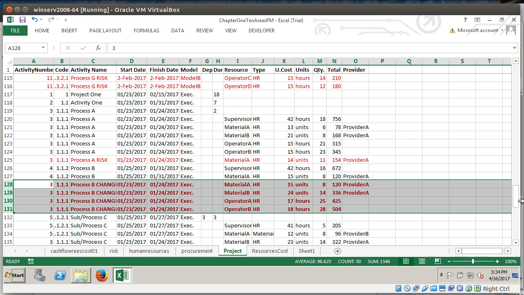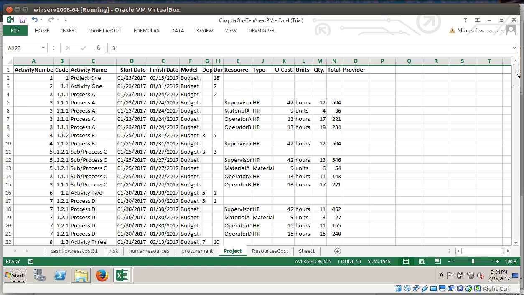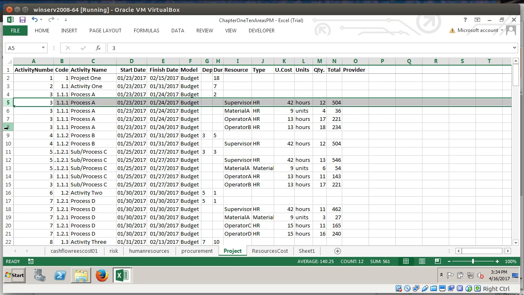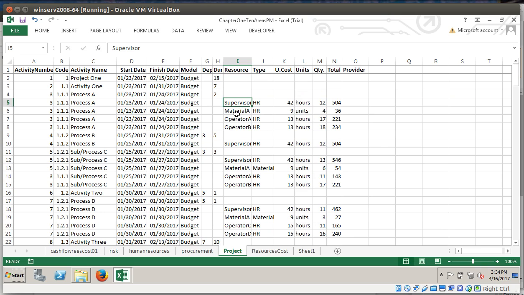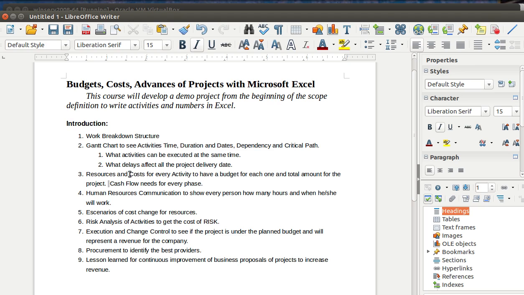right down on Excel. So we have the activities here and how it will be defined on every activity, what resource we have to define for each one, the unitary cost and the total to get the budget, and then we are going to define what the cash flow needs are for every phase of the